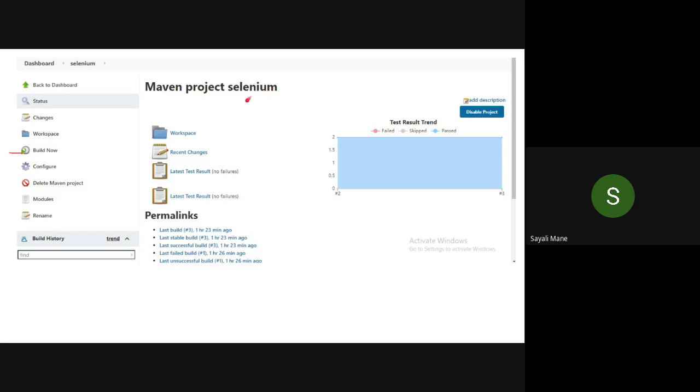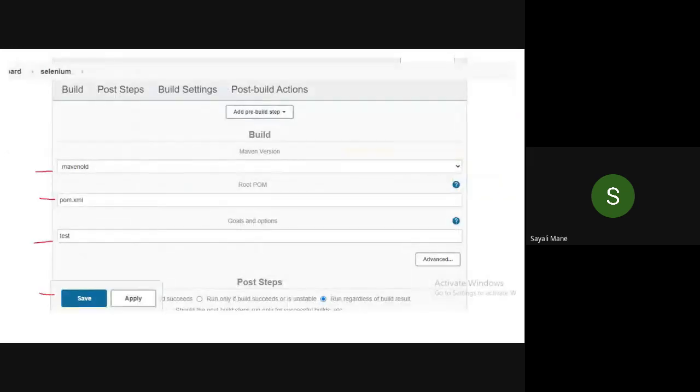Here my project name is Selenium, so you will get Maven project Selenium and then click on build now. Yeah, it's okay if the version is not coming. Fill these 2, root POM and goals and options, click on save button and then build it.